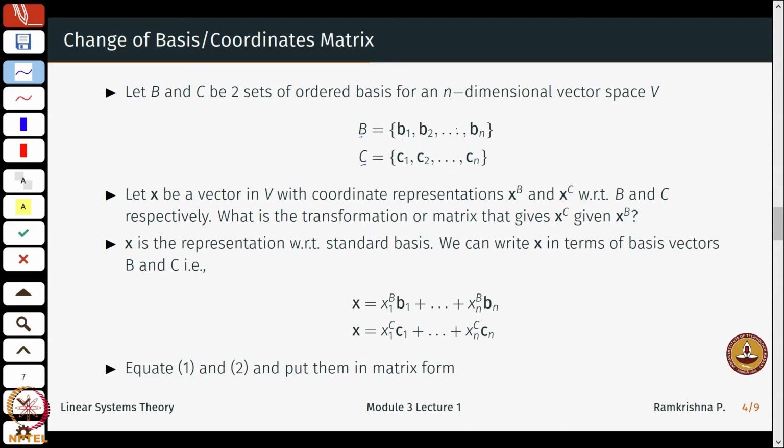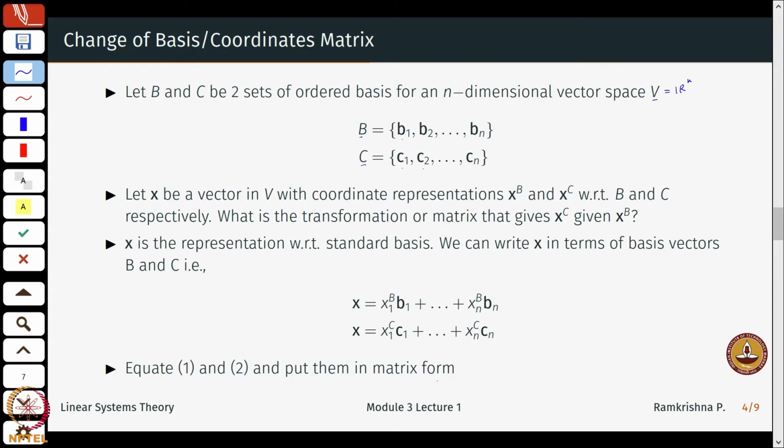The n vectors which represent the set of ordered basis for this vector space V. Because you have n, this could be like Rn. So this means that any vector in Rn can be written as a linear combination of these vectors B1 till Bn. The same vector can also be written as a linear combination of the basis vectors C1 till Cn. Right? If you remember what we did for basis vectors, we were talking of linear dependence and linear independence, and B1 to Bn will form a set of bases if any vector can be written as a linear combination of these vectors.